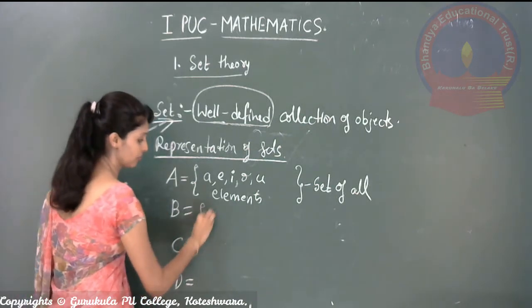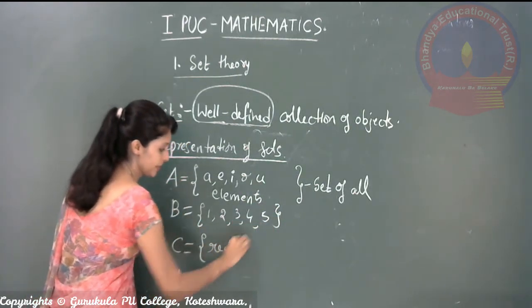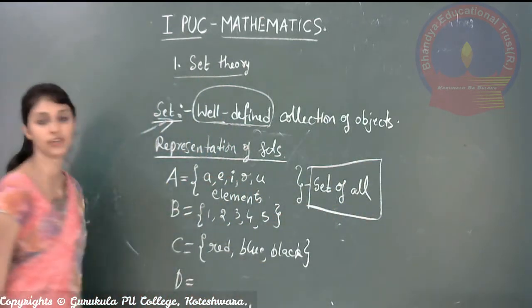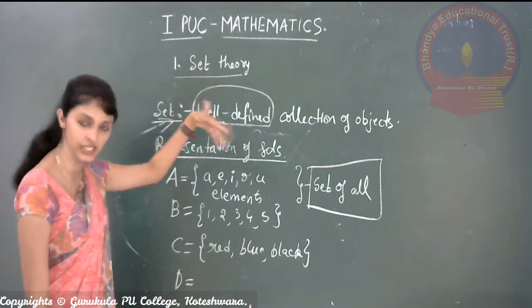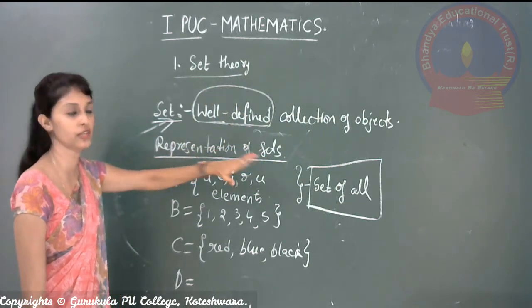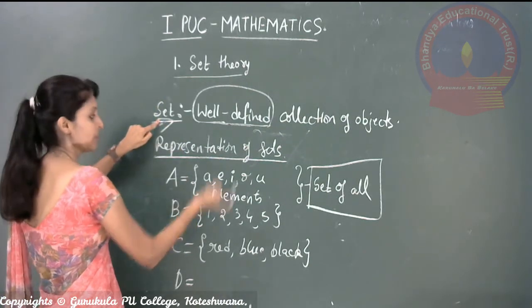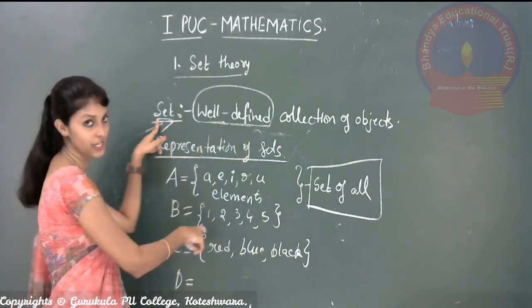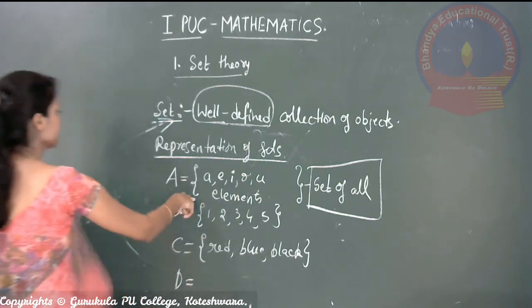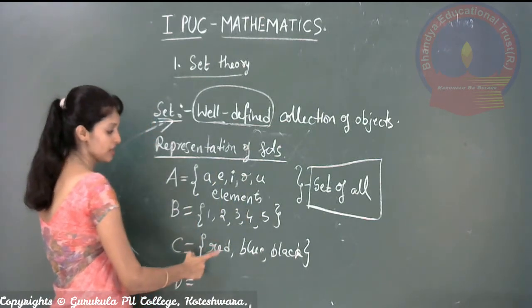Say B is equal to set of all 1, 2, 3, 4, 5. Like C is equal to set of all red, blue, black, this way. We read it as set of all. You have to remember this pronunciation also, because as we proceed, we are going to say set of all, set of all, set of all. Then you should not get confused. So sets are always represented by capital letters and flower brackets. Inside that, whatever we write are called the elements of the sets. Then how to read it? A is equal to set of all elements, like set of all 1, 2, 3, 4, 5, or else set of all red, blue, black. This way we